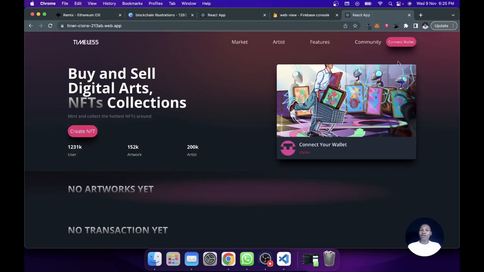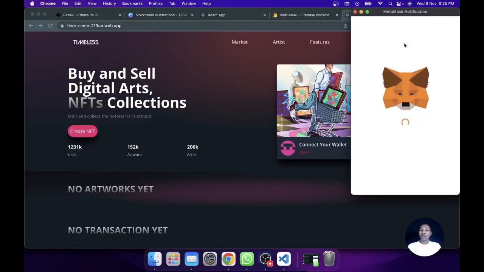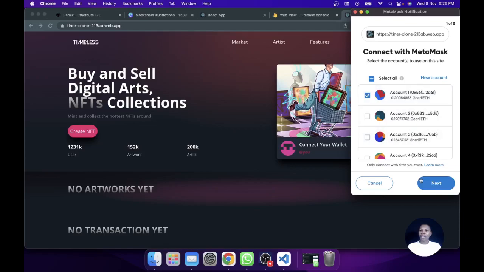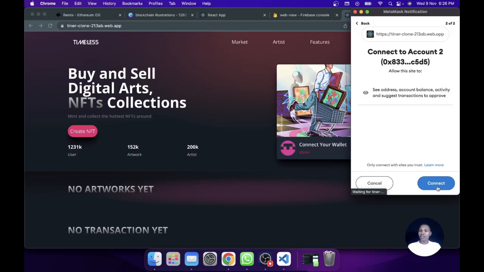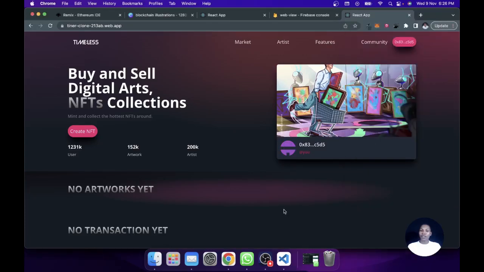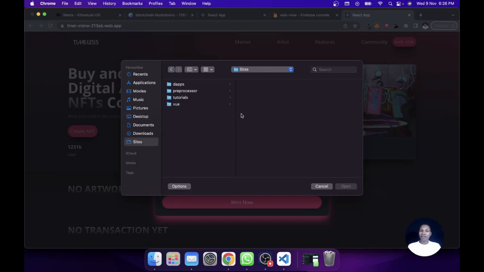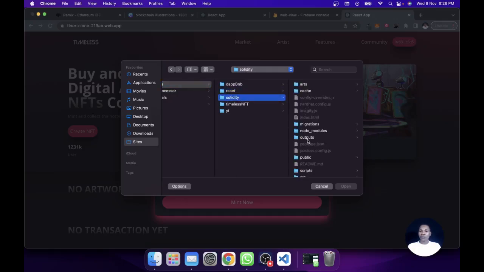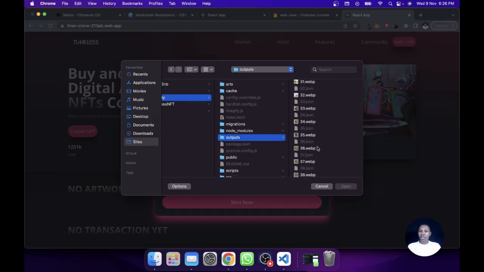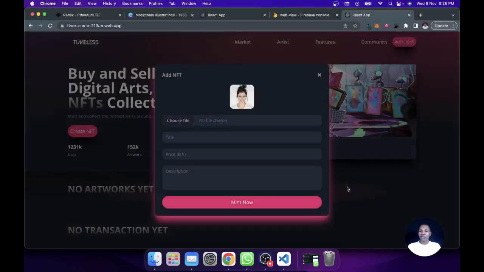So for you to actually utilize this project, you need to connect your wallet. Okay, I'm going to connect this one here, or let me just connect this second one. I'm just going to connect it here and say connect. So it is connected right here, and you can see my account here. All right, so let's create an NFT. So I'm going to select from my NFT collections. Let's look at this. Let's choose this particular image and say